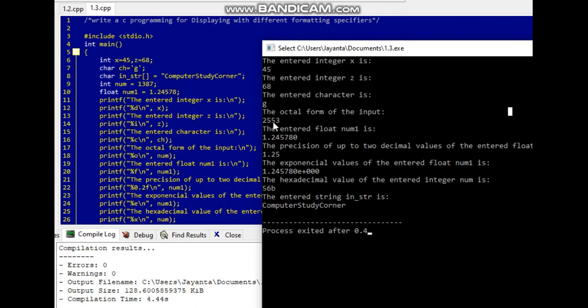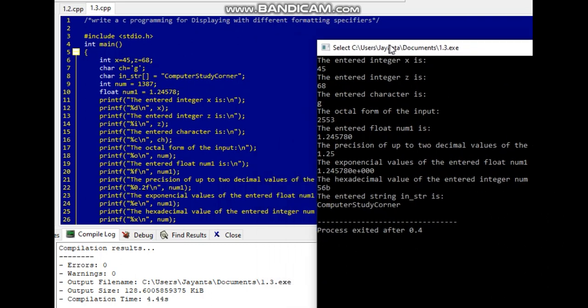The octal value is 2553, and the float number is showing here like this, 1.245780, and the precision up to 2 decimal values is giving here 1.25, and the exponential form is 1.245780e+000, and the hexadecimal value of this number, that is 1387, is 56b, and the string is given here, which was taken as computer study corner, and the whole output is in front of you.